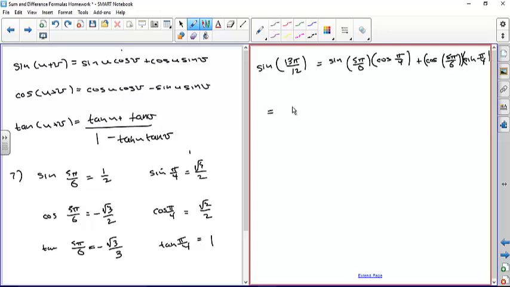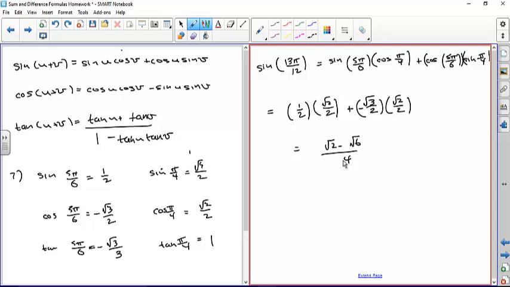So the sine of 5 pi over 6 is a half. Cosine of pi over 4 is square root of 2 over 2, plus the cosine of 5 pi over 6, which is negative the square root of 3 over 2, times the sine of pi over 4, which is the square root of 2 over 2. So what you'll get is the square root of 2 minus the square root of 6 over 4, which is negative,